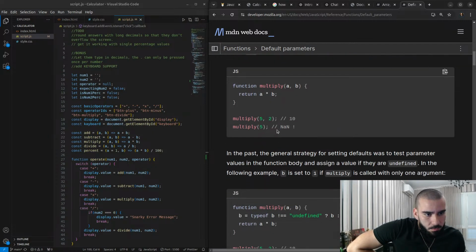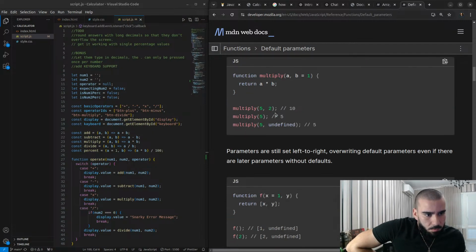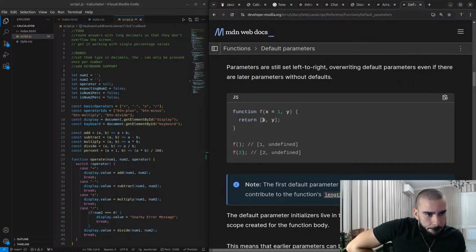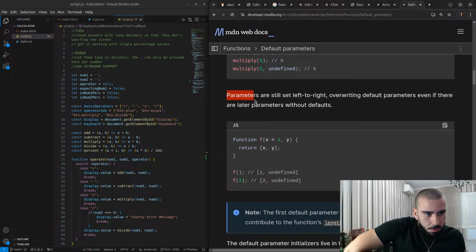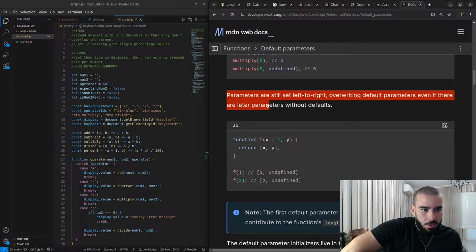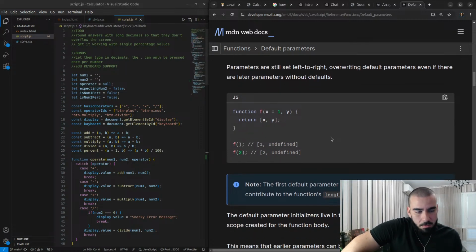However, undefined parameters are still set left to right, overwriting default parameters even if there are later parameters without default. So I think what's happening is